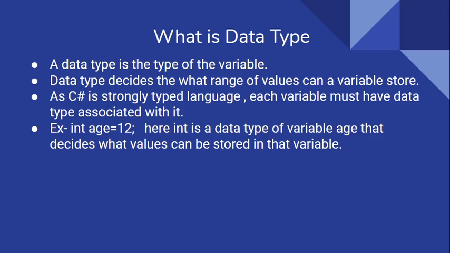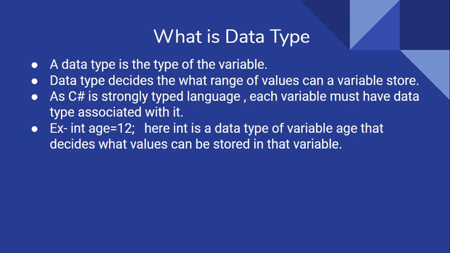So what is a data type? Let's see. A data type is the type of the variable. A data type decides what range of values can be assigned to the variable. For example, let's say we want to declare a variable named age of data type int and assign a value 12 to it. So the data type int decides what range of values we can assign to the